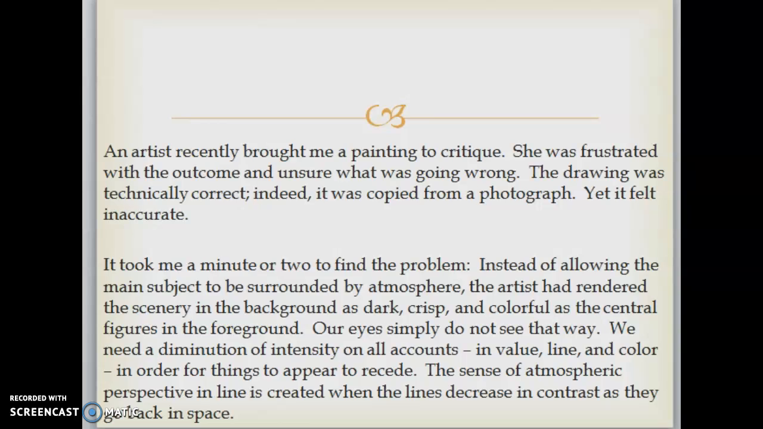Instead of allowing the main subject to be surrounded by atmosphere, the artist had rendered the scenery in the background as dark, crisp, and colorful as the central figures in the foreground. Our eyes simply just do not see that way. We need a diminution of intensity on all accounts, in value, line, and color, in order for things to appear to recede. The sense of atmospheric perspective in line is created when the lines decrease in contrast as they go